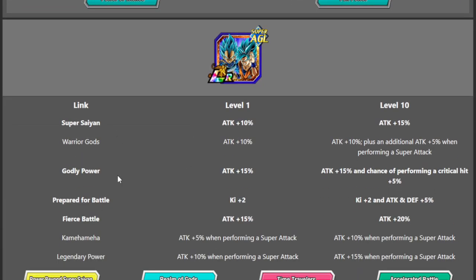They share Super Saiyan, Godly Power, Prepared for Battle, and Fierce Battle. Godly Power is a pretty good link, 15% attack and 5% crit chance. So if you were using these guys in slot 1, which is one of their preferred roles, then Rose in slot 2, and a unit that he's going to share some of those extra links with in slot 3, like say, for example,